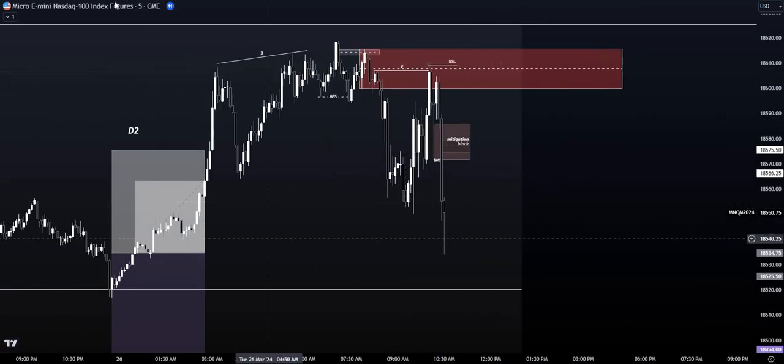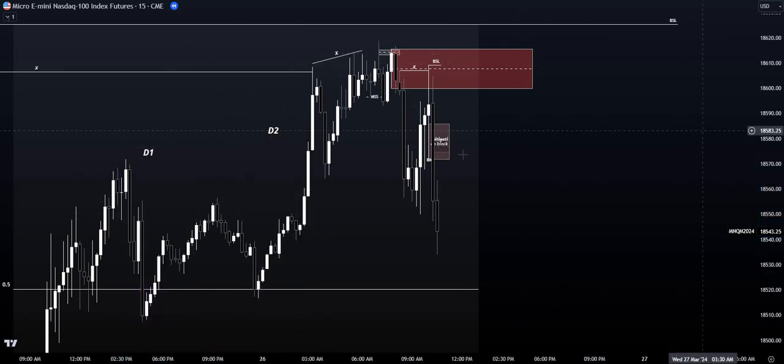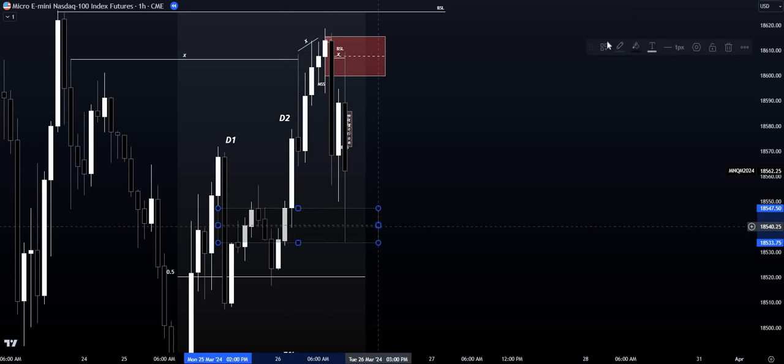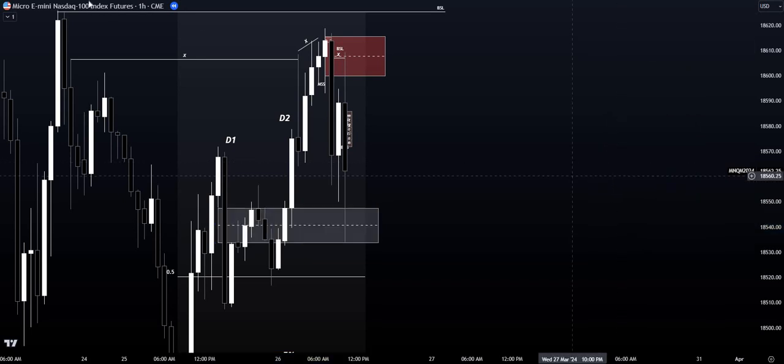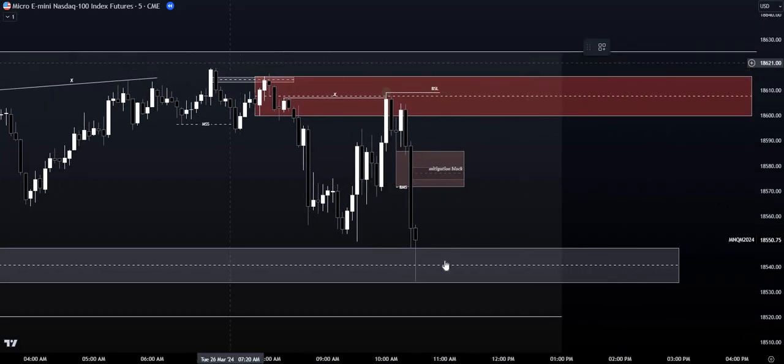But since we get fat displacement to the downside here, we can look at what price is trying to come back into. So we can delete these two trades here. We can look at what price is trying to come down into. So we can see price has mitigated this inverse fair value gap here on the 1 hour time frame, alright? So because we inversed that 1 hour fair value gap, that would have been a draw on liquidity there. So because of that, price can now come back up, use this as support to then come back up into something, because order flow is bearish. Because order flow is bearish, price is going to use bullish PD arrays for a retracement.